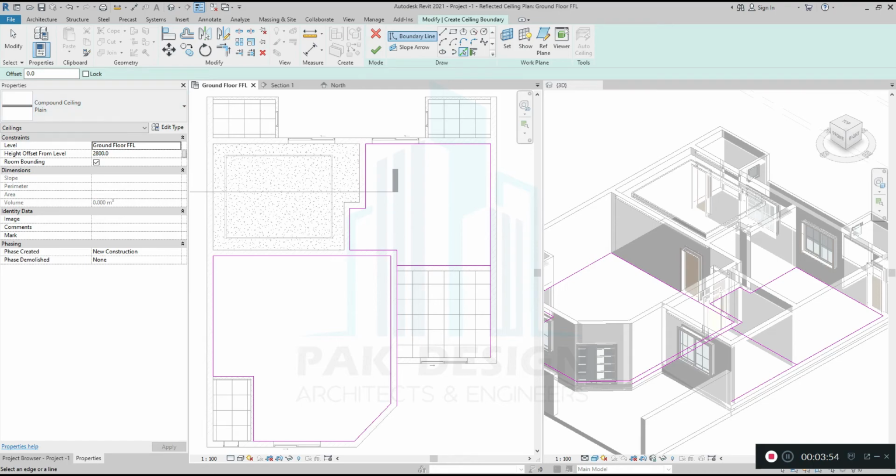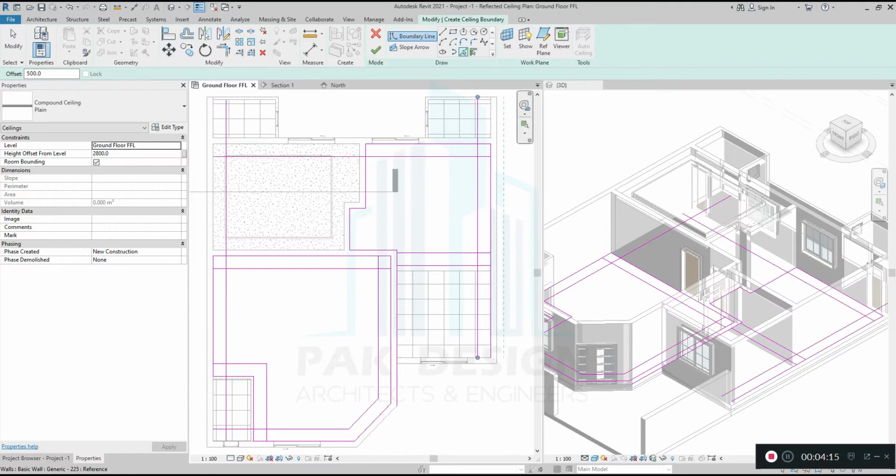Offset 500 from outside. Offset 500, or you can change whatever is your design. If you have 500, 600, it's up to you how you want to make that ceiling design.